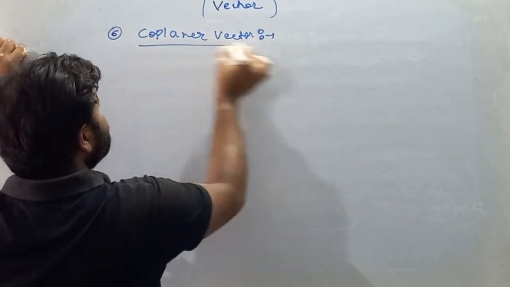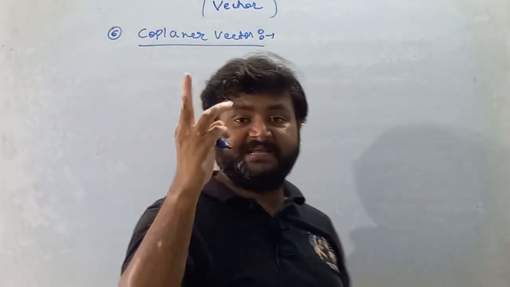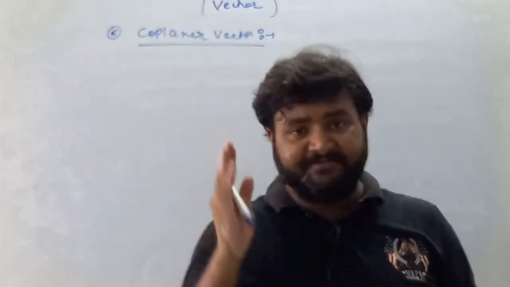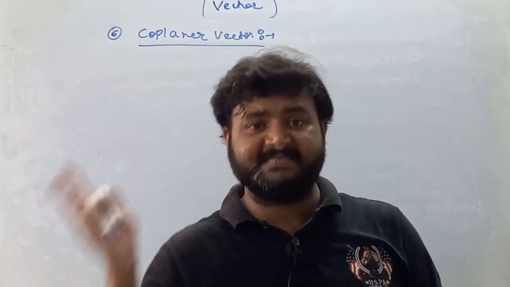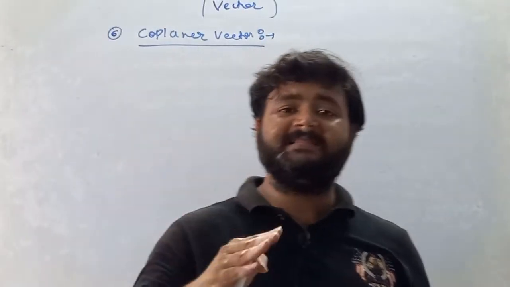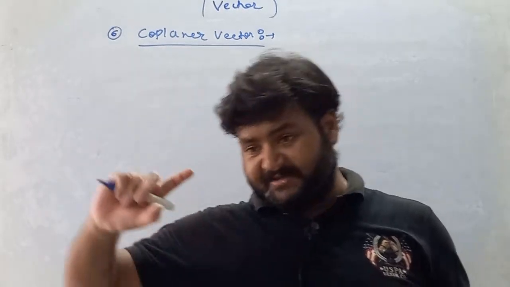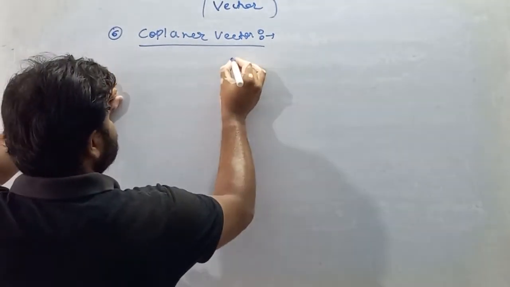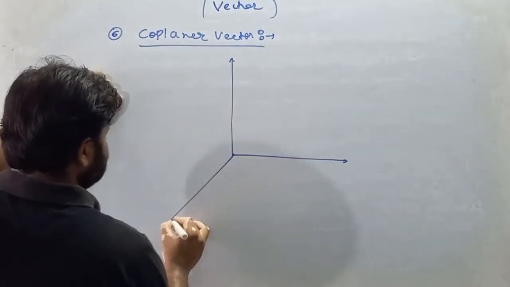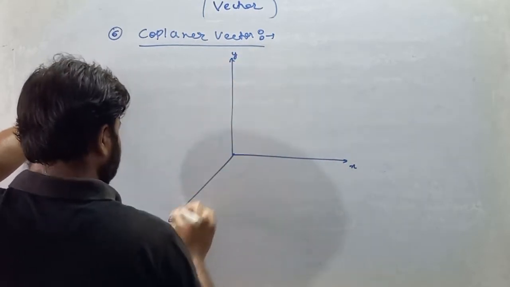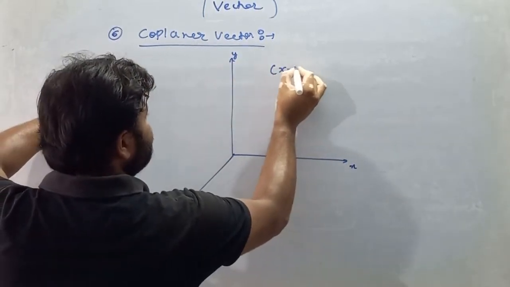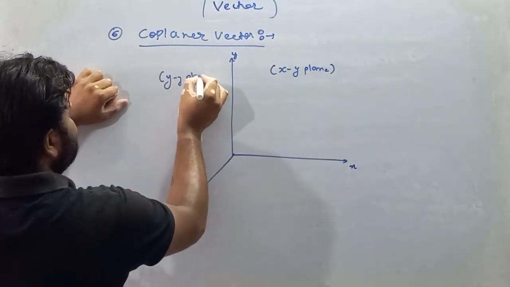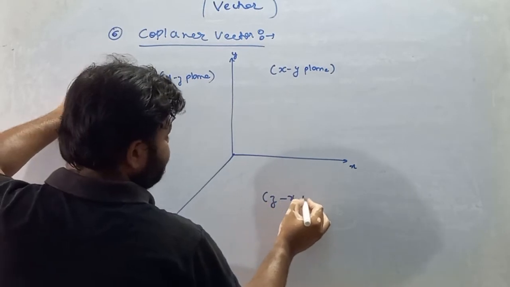So my dear student, we must know that we have three different types of plane. Combination of axes is called plane, and we know that we have three axes: x-axis, y-axis and z-axis. All the axes are mutually perpendicular to each other. If we'll combine x and y, it is considered to be a plane. So let's suppose we have x-axis, y-axis and z-axis, which is called Cartesian system. This is your xy plane, this is your yz plane, and this is your zx plane.